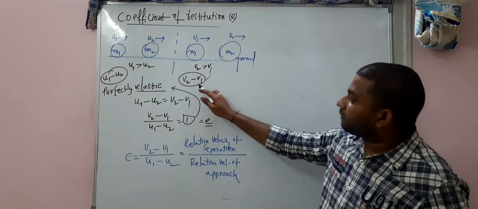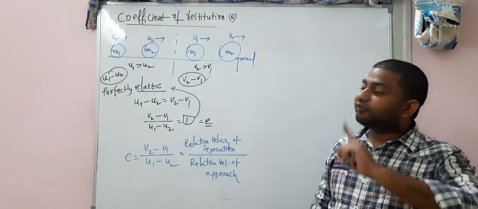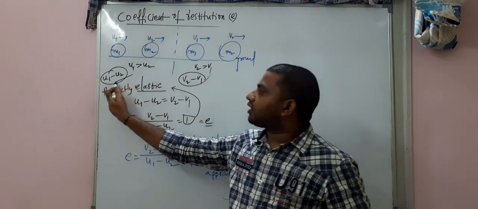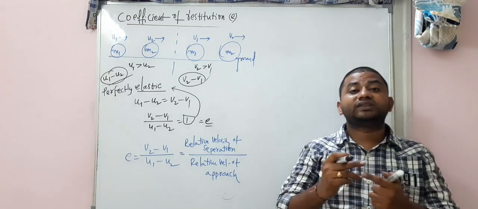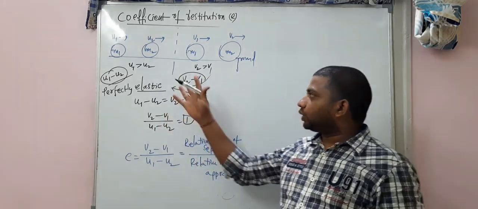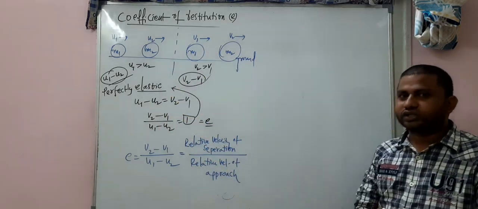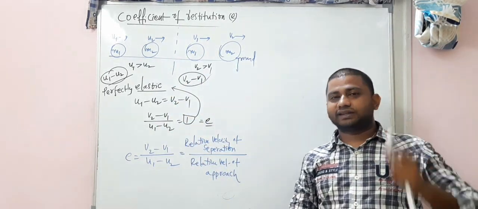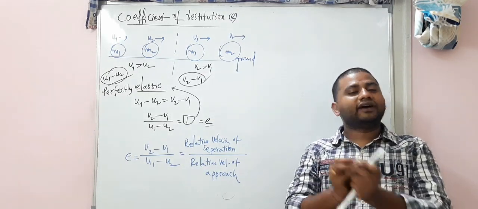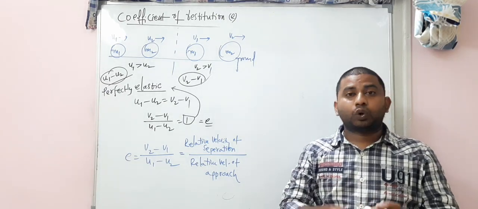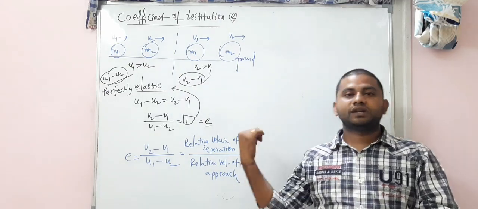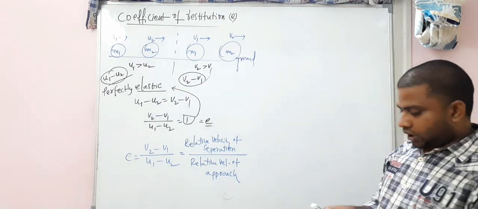That's the reason v2 minus v1 is greater. And before the collision, what is happening here? Before the collision, there is the relative velocity of approach, because the collision has to happen. To study the collision is a must. So that is what happened. Now you have got one formula for the coefficient of restitution. Based on this formula, what kind of questions are asked, and what kind of applications can be learned towards your NEET and JEE exams, let's discuss right now.